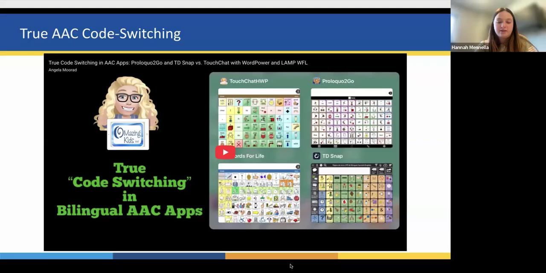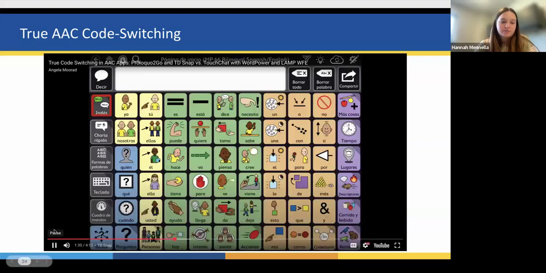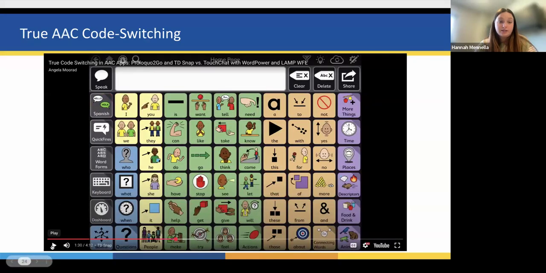Great, yeah. And I'll play the video one more time, just because I like to point it out a little bit. It's quick. She goes quick. Go over to English. So here she is in English, and you can see the text underneath the buttons is in English here. What Angela is talking about, I don't know if you can see my cursor, but up here in the top left corner is this little button that says Spanish. That's the language toggle. So she's on her English page now. Words are in English.